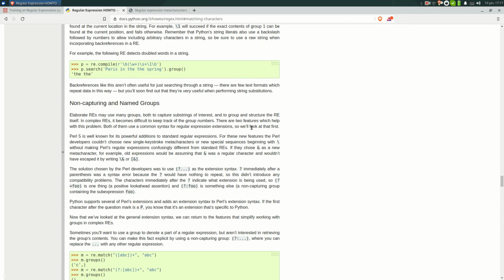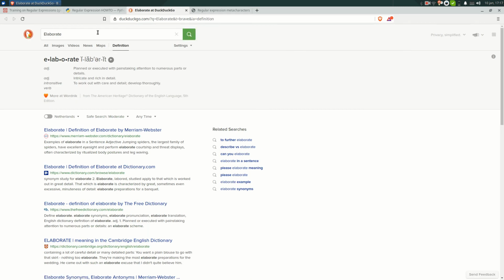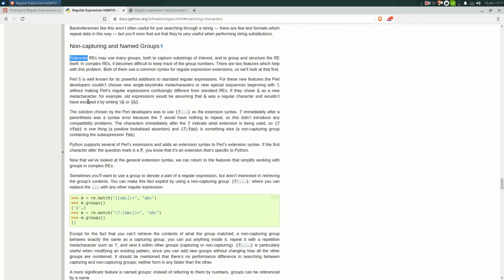So, non-capturing named groups. Elaborate regular expressions. I don't even know what elaborate means. Elaborate: planned or executed with painstaking attention to numerous parts or details. Alright, so elaborate regular expressions may use many groups, both to capture substrings of interest and to group and structure